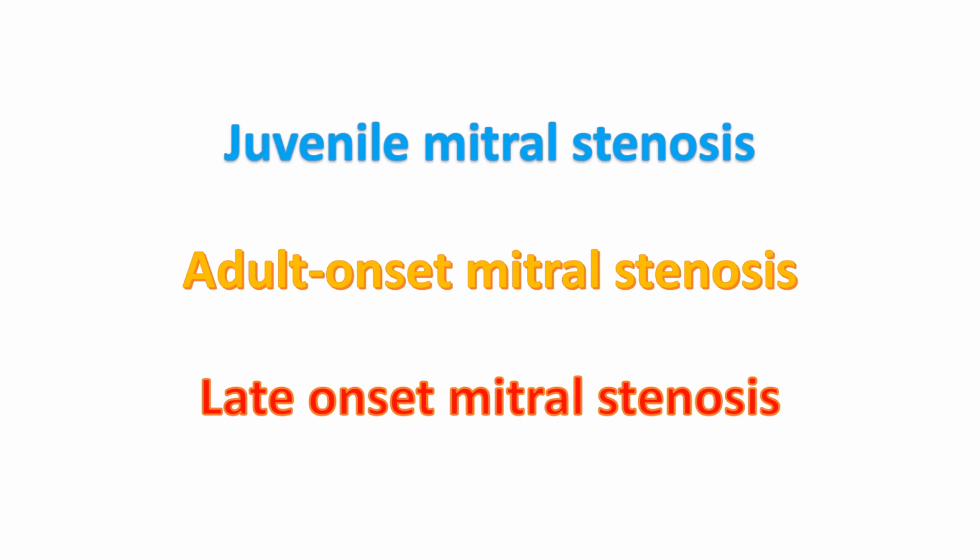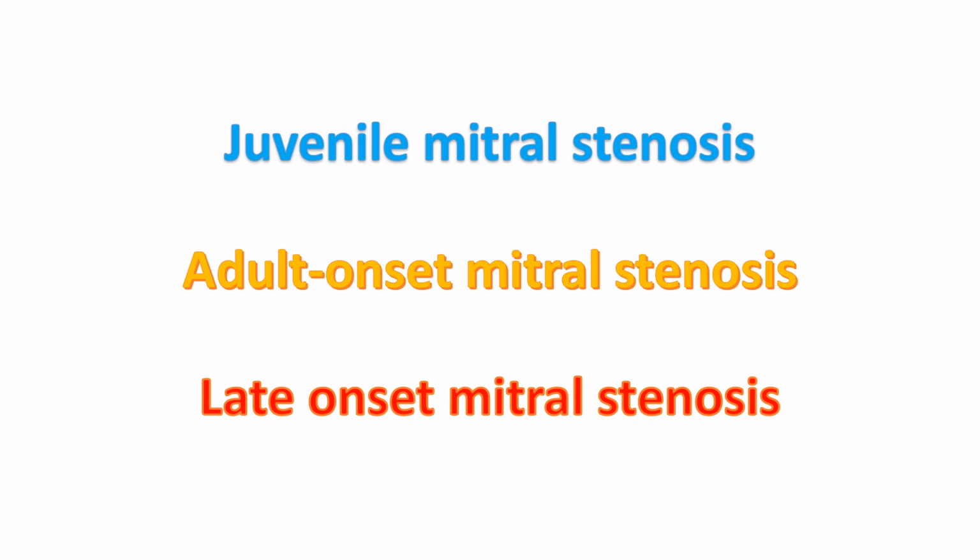It can occur in young age in developing countries and is then known as juvenile mitral stenosis, typically before the age of 20 years. It can also be adult onset and late onset depending on the time at which symptoms start. Juvenile mitral stenosis usually progresses more rapidly than the other varieties and is thought to be due to recurrent